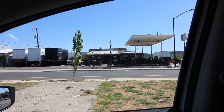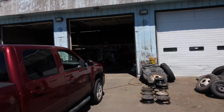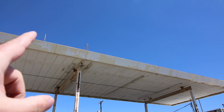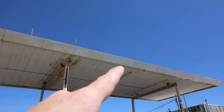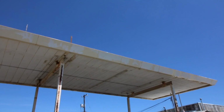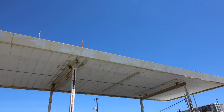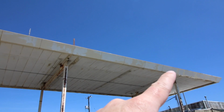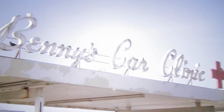First stop is the location of Benny's Car Care. That's it right there. The opening shot would have been right here, and across that marquee it would have said Benny's Car Care, and then there would have been a red cross right there. The interesting thing is, all along the side of this, the stains look exactly the same as they did in